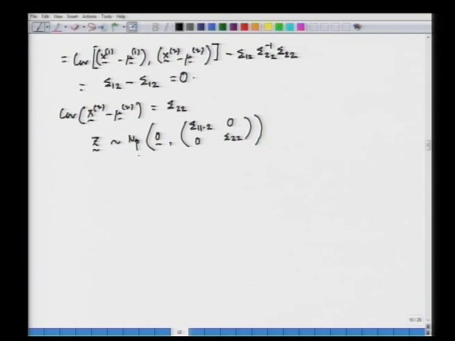Now, Z being multivariate normal with a covariance matrix whose off-diagonal blocks are null matrices, this directly implies that the constituent parts of Z, that is x1 minus mu1 minus Sigma_12 Sigma_22 inverse, x2 minus mu2